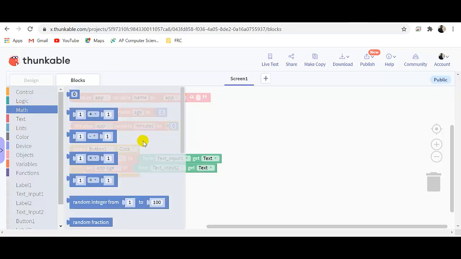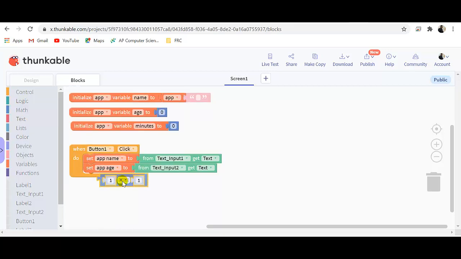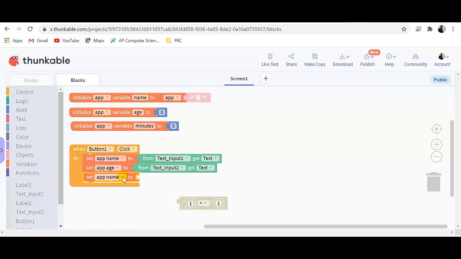So I'm going to go to math, and in math what I need is just a multiplication. So I'm going to multiply a bunch of things. Before I multiply, I need to use the set block. So I'm going to go to variables. We're going to set our variable over here. I'm going to select the app minutes, to, and this is the operation. So this is basically saying minutes is going to be equal to, and I have a multiplication where my first